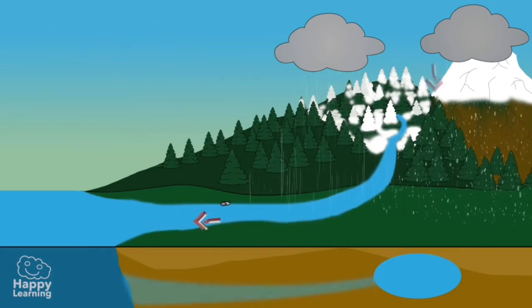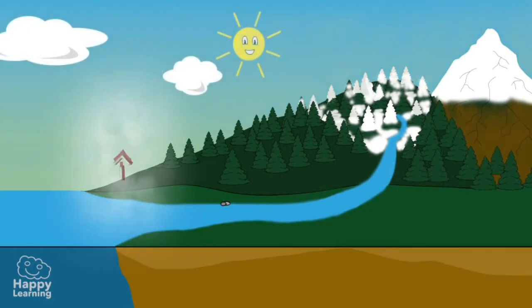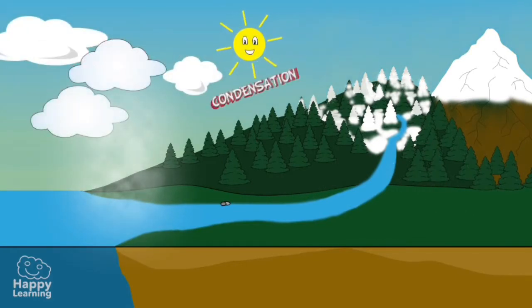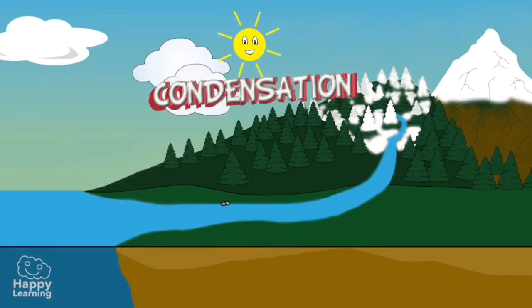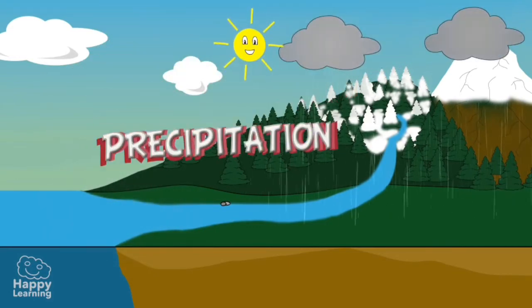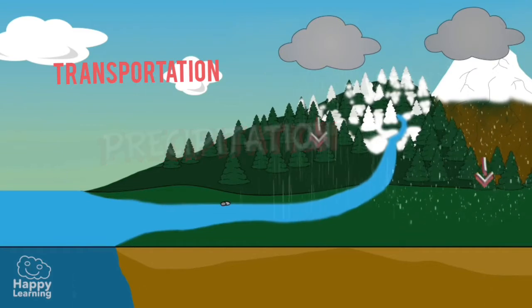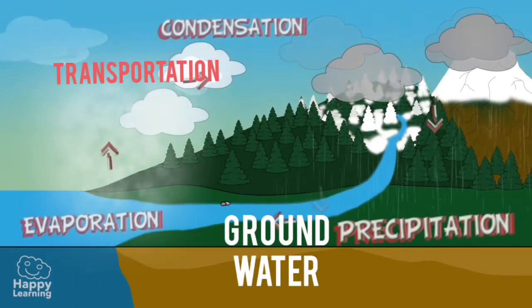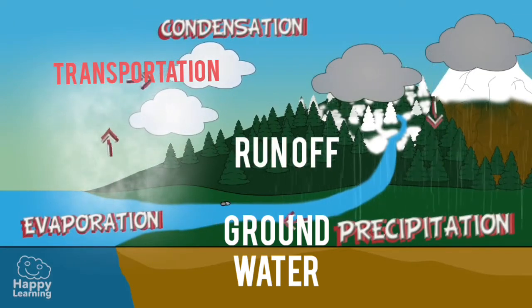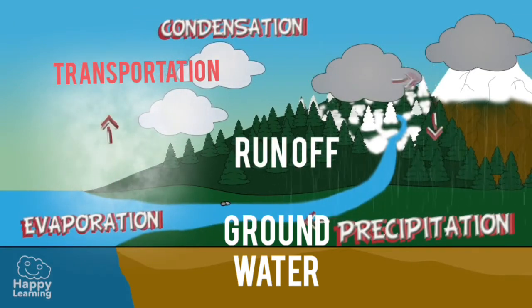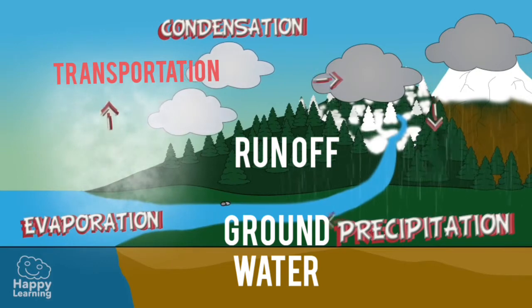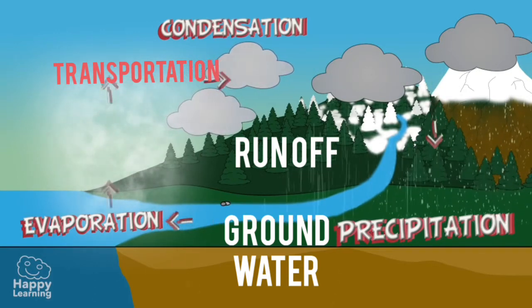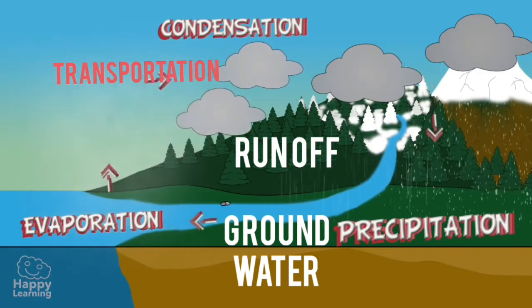Recall the process. When the water converts itself into water vapors and rises into the atmosphere, this is called evaporation. Water vapor converting itself to cloud is condensation. When the water returns to the earth, it is precipitation. Water which returns to land flows down the hills as runoff. Some of it penetrates into the land and charges the groundwater. This is the process: evaporation, transportation, condensation, precipitation, runoff, and groundwater.